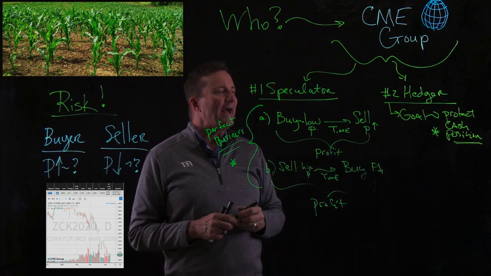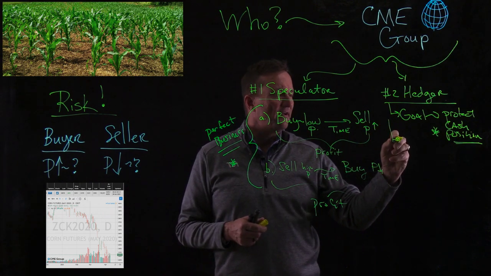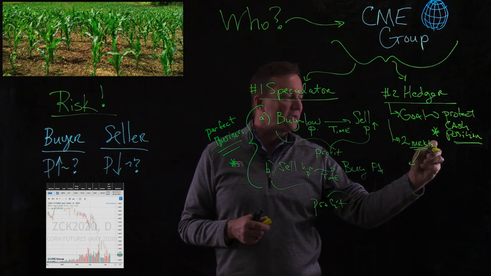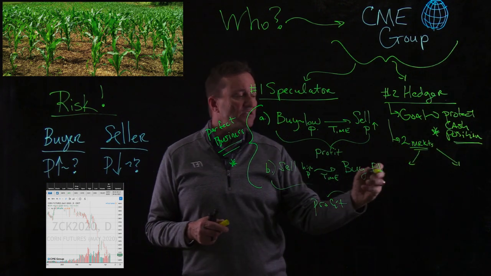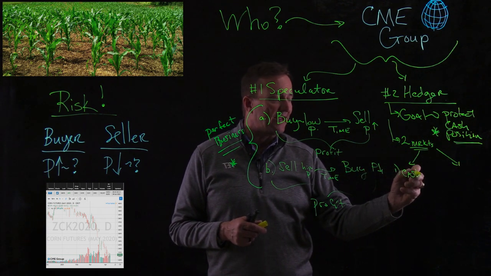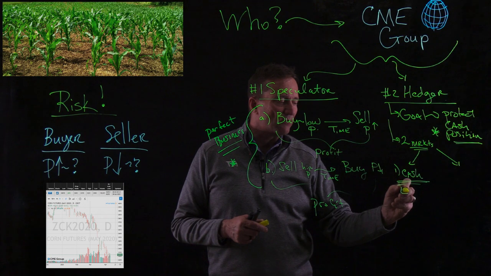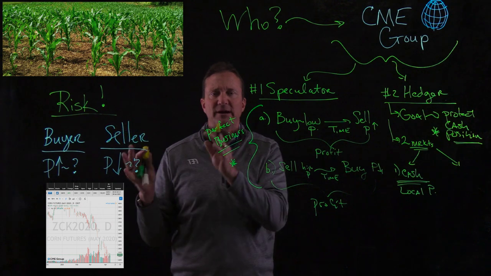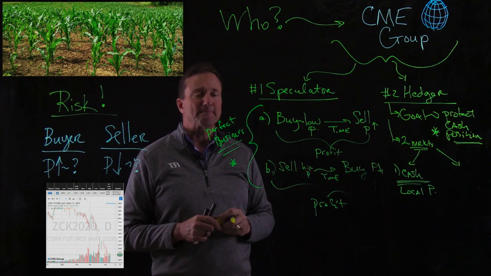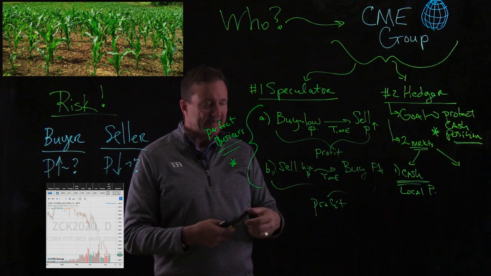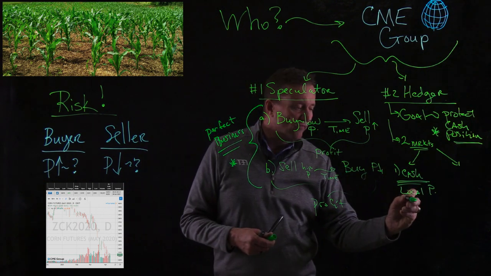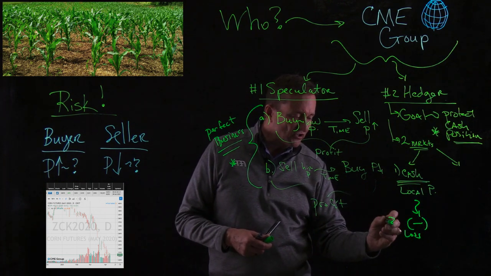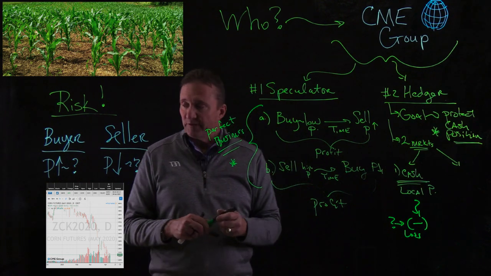Because a hedger has, and I'll go ahead and write another one down here, they're involved in 2 markets. In fact, these 2 markets I need to lay out so we can talk about them. The first market that they're involved in is the cash market. The cash market is going to be their local price, their normal place to harvest my corn and sell. That's the cash market. And their concern is that they could, over time, lose money. So I'm going to put a negative there. Their concern is this loss, just like we talked about before.